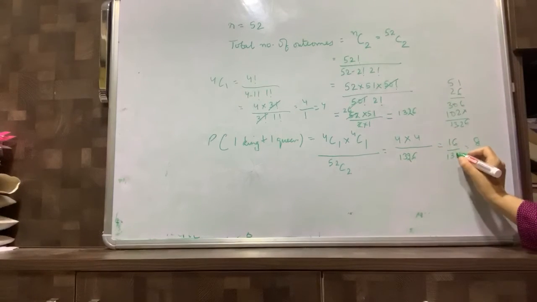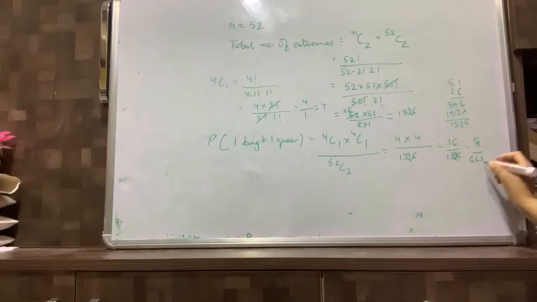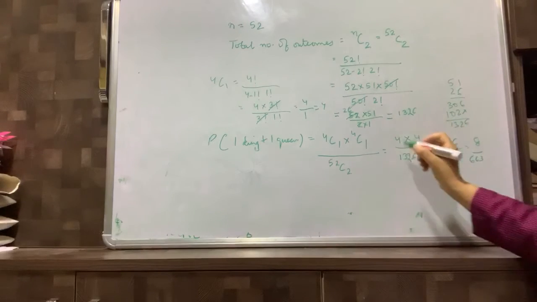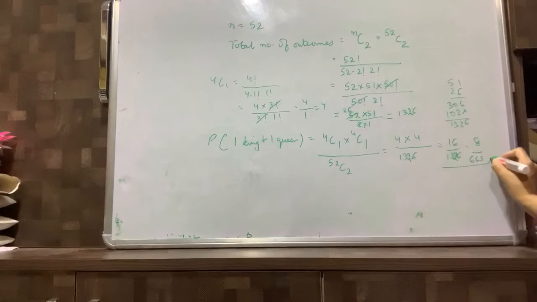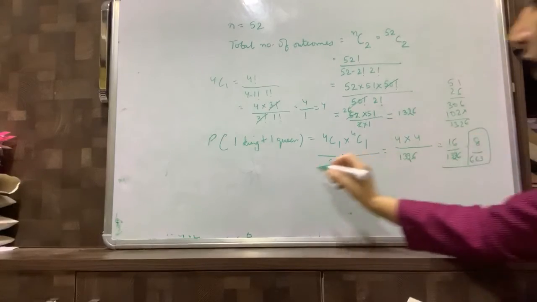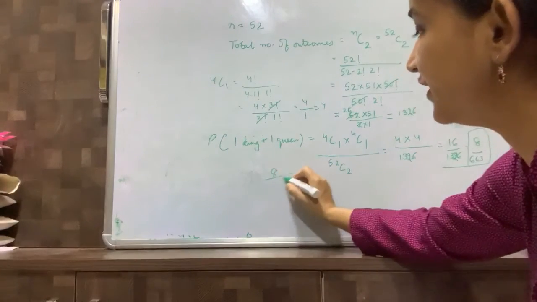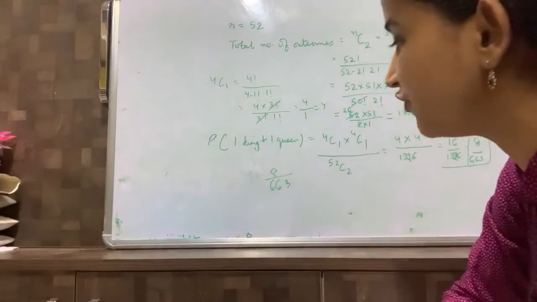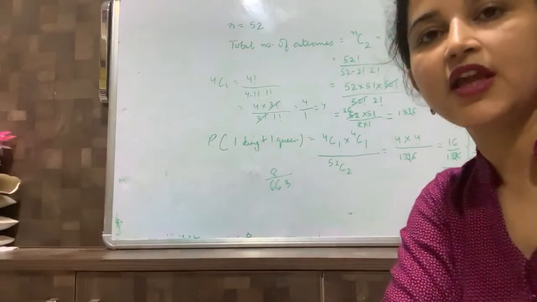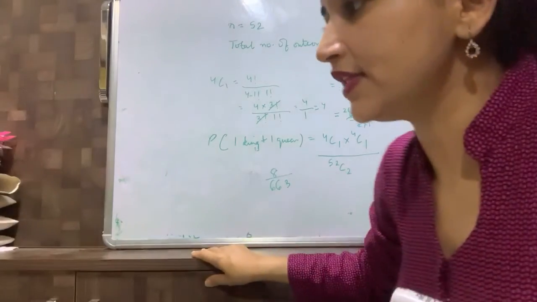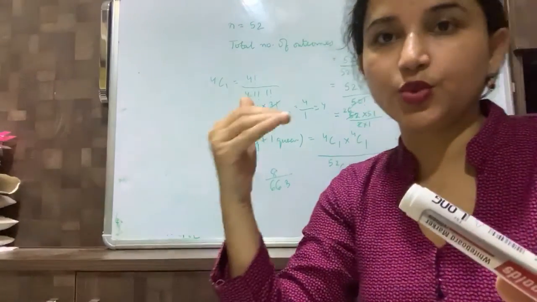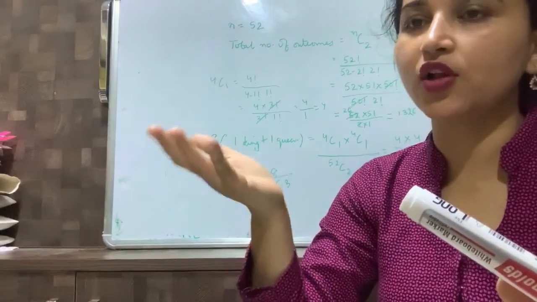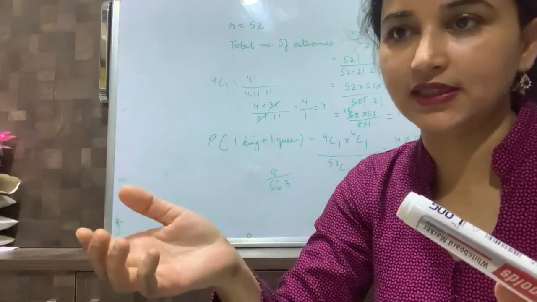तो 1326, अब आप जब इसे 2 से कैंसिल आउट करेंगे तो we will get an answer 8 divided by 663. So 8 divided by 663, this is the final probability that we have to calculate. This is the probability of getting one king and one queen when we draw two cards out of a pack of 52 cards, right? So now you can solve similar questions from the exercise. Thank you.